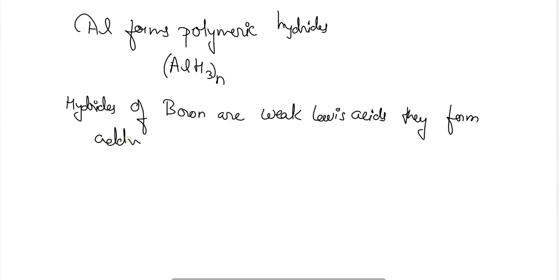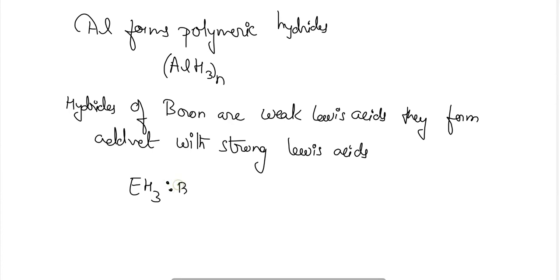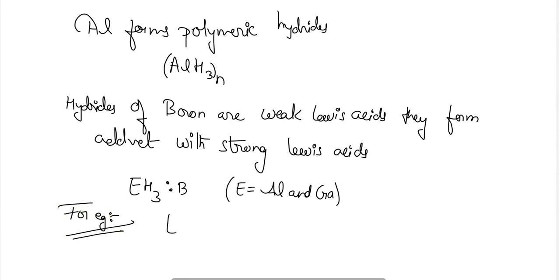adducts. Adduct means addition compound. Adducts with strong Lewis acids such as EH3, forming with B, and here E can be either aluminium or gallium. So therefore they form complex hydrides. For example, complex hydrides include lithium borohydride,